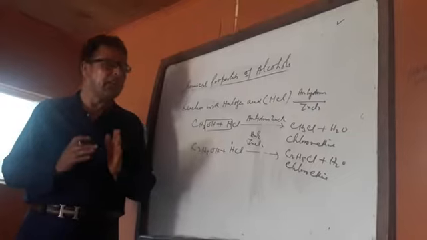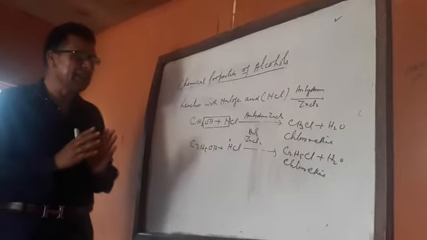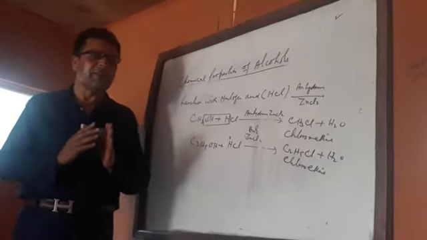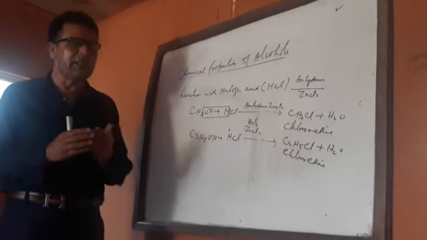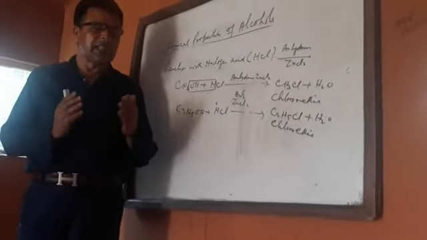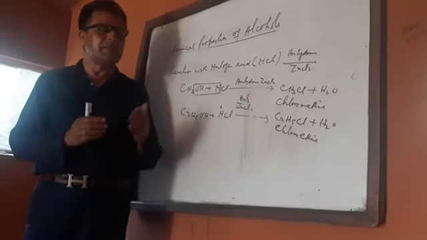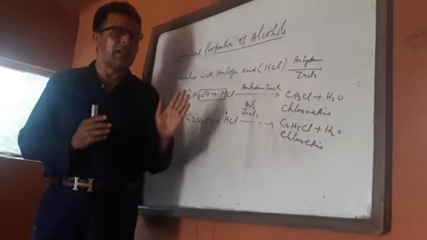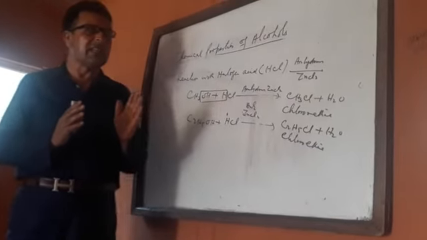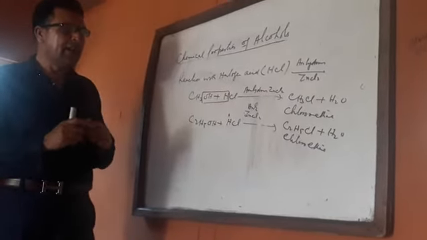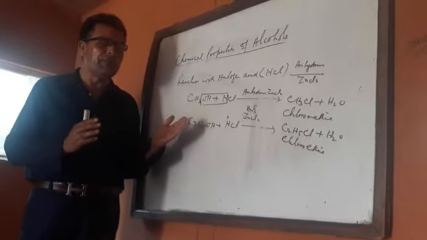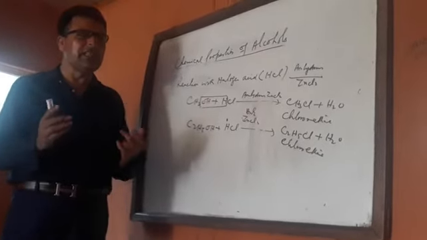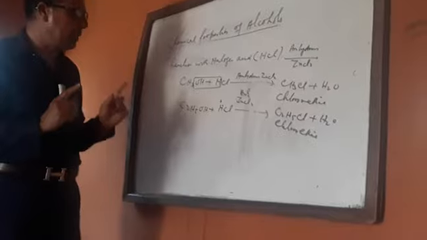तो आज मैंने आपको पढ़ा है कि फिजिकल प्रॉपर्टीज क्या होती हैं, यानी इसकी क्या क्या फिजिकल प्रॉपर्टीज है. मैंने कहा कि the lower members of the alcohols are colorless liquids with a characteristic smell and burning taste, whereas the higher members of the alcohols are colorless, odorless, wax-like solids. They have low boiling points, but with the increase in their molecular mass, their boiling point increases.